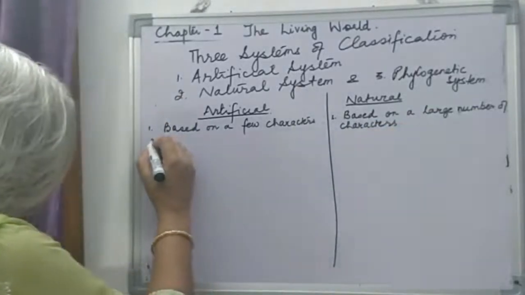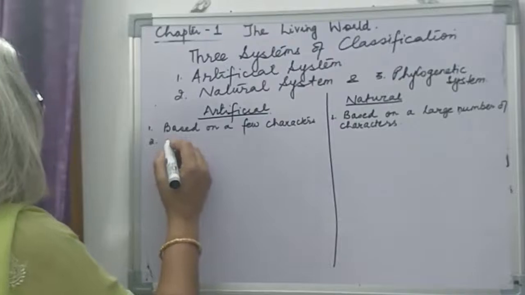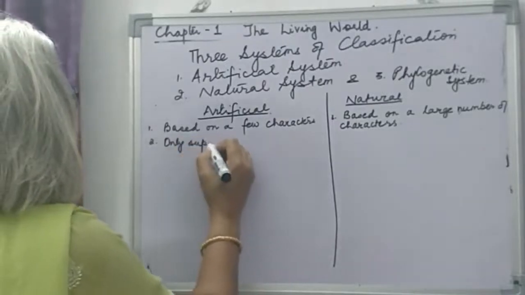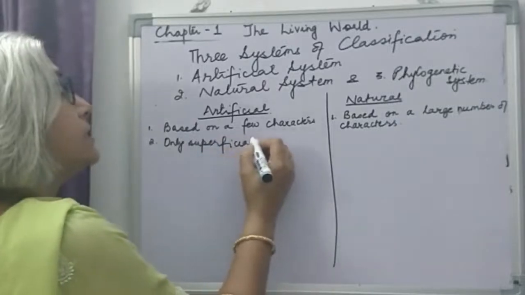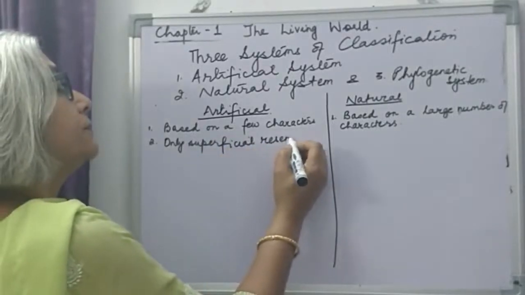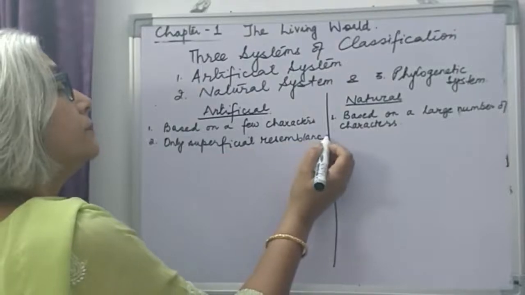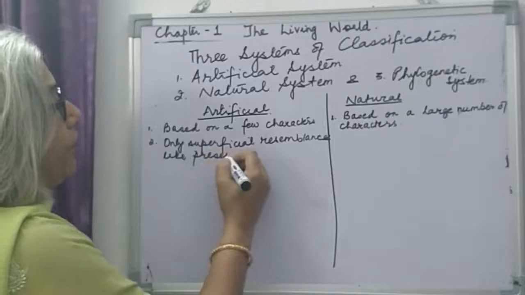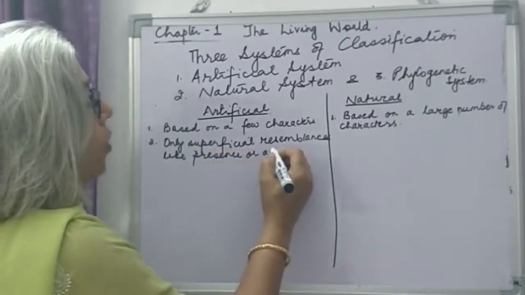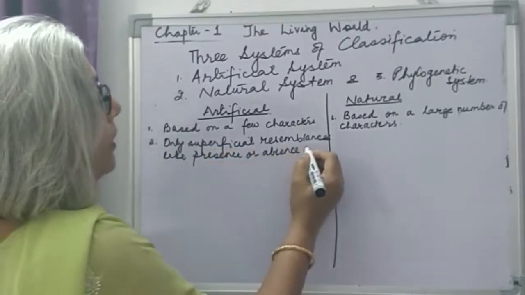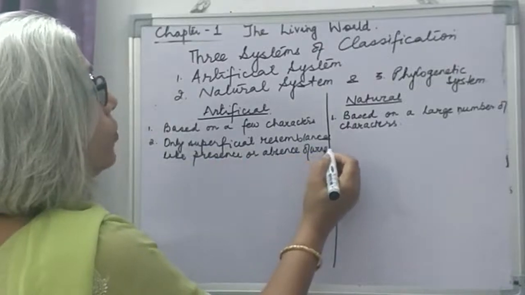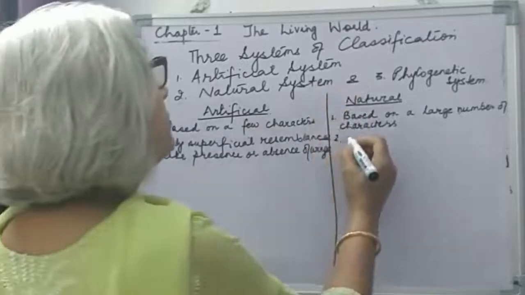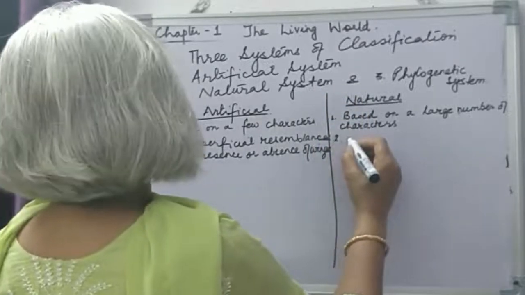The artificial system takes into account only superficial resemblances like presence or absence of wings, whereas the natural system takes into account